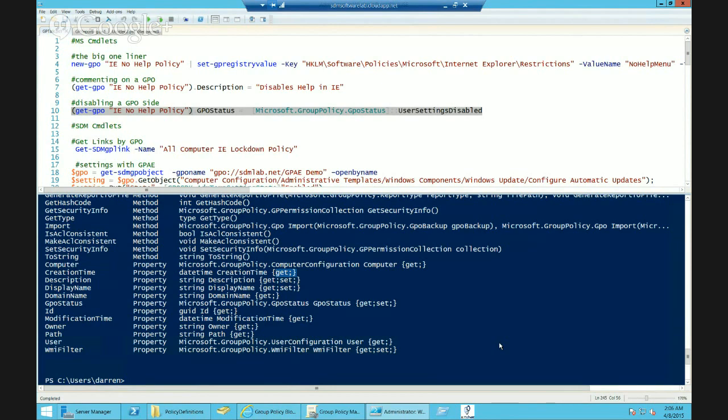One more question. If you're not an owner or the creator of this GPO, you won't be able to modify it. Is there a way to list who's the owner, who's the creator, so that you can request permissions? You can. The owner is listed